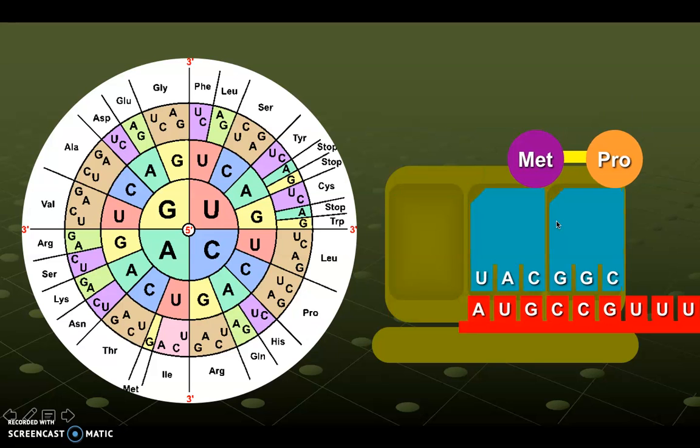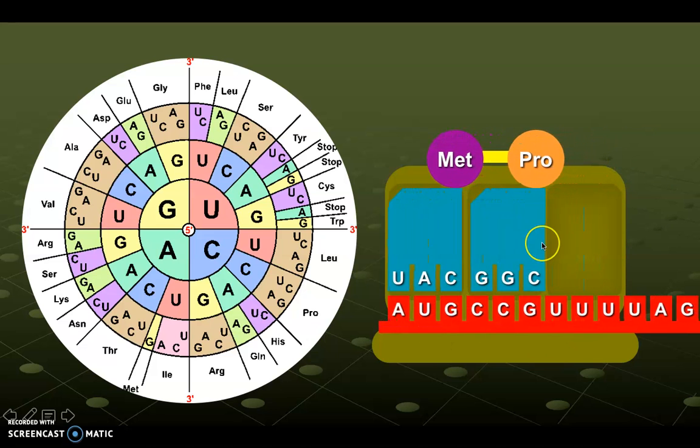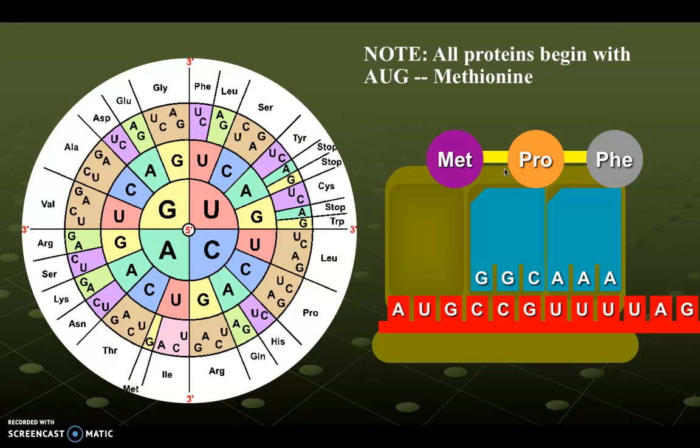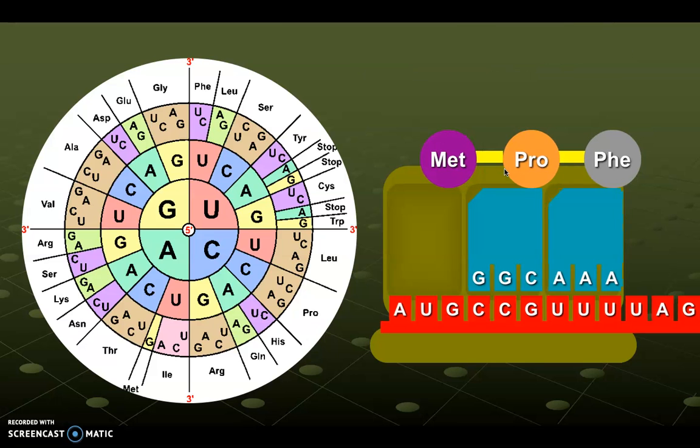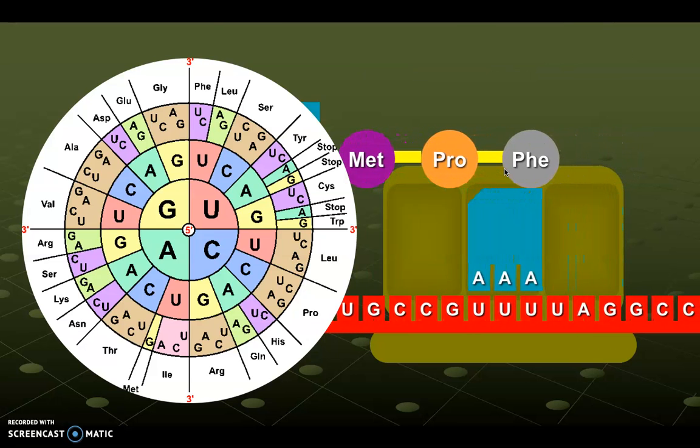So notice that once our mRNA goes down the line, eventually one of our tRNA molecules just leaves, but my protein is still together right here. And then a new tRNA molecule is going to come in, another bond's going to form. And eventually, once everything's done, things are going to go down the line,